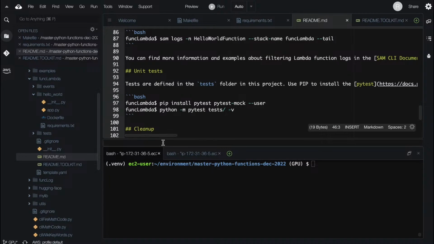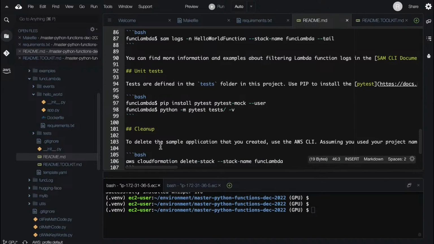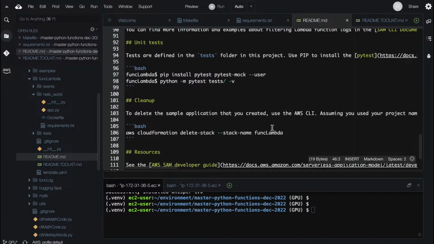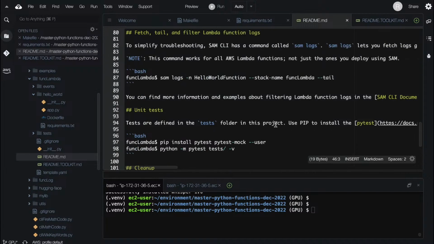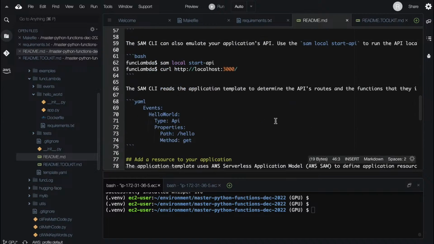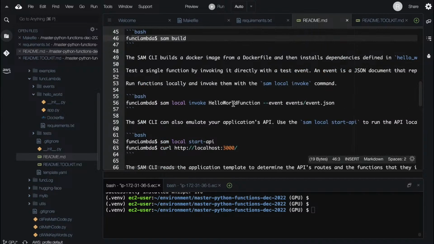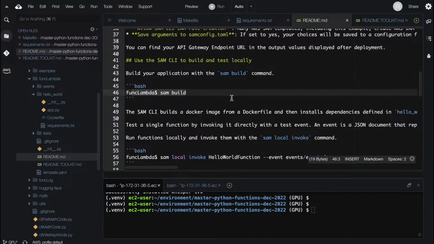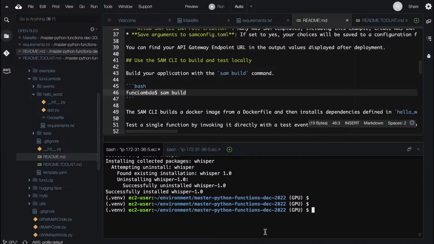Here we go. It says the pip install PyTest. The tester defining the test. Use pip to install it. You can find more information. So it does give us some clues here that, you know, depending on what it is we want to do. Now, because this is a specialized environment, I probably would want to deactivate my virtual environment if I'm going to work in this one, which is pretty easy to do.